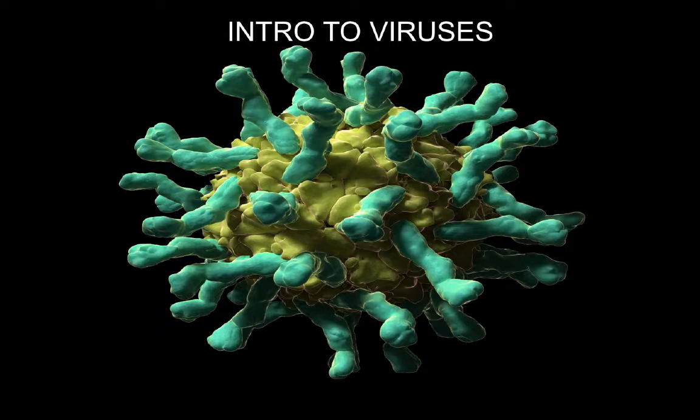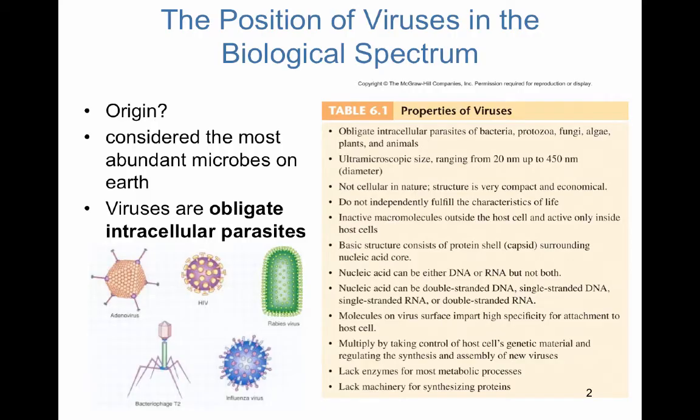And the cool thing about a virus is that they're actually more ubiquitous than bacteria. So there's even more viruses in our ecosystem than bacteria. Now, like I said, there's really no accepted school of thought as far as the origin of a virus. There are a few theories out there, one of which claims that it arose before a prokaryote or a eukaryote, or after, or simultaneously, and there are a few lines of evidence supporting all of those theories, but not one that's well accepted by everyone, even though they are considered the most abundant microbes on Earth.